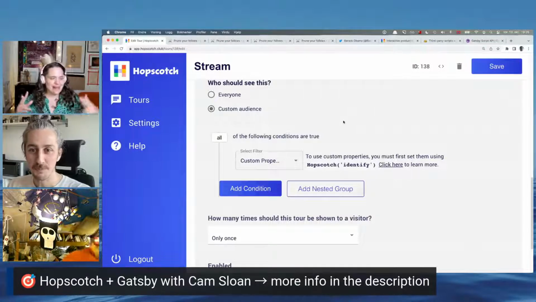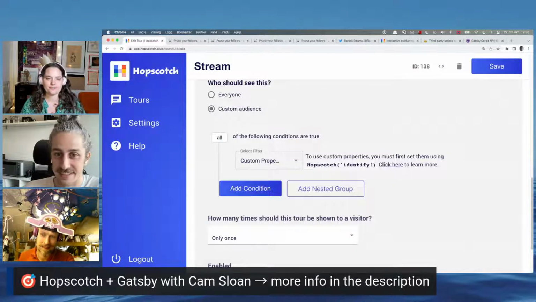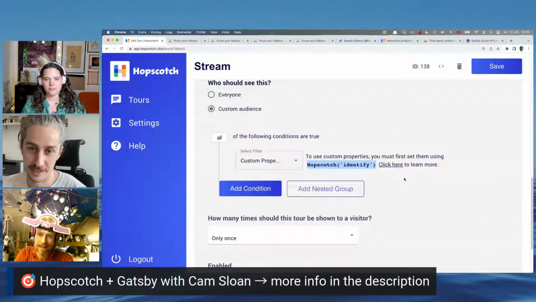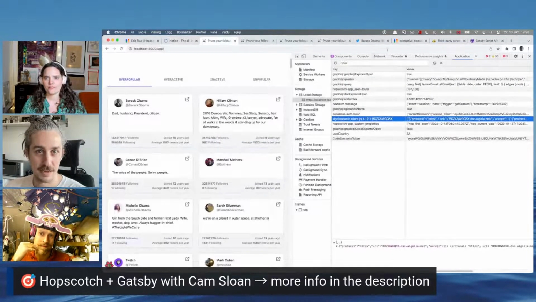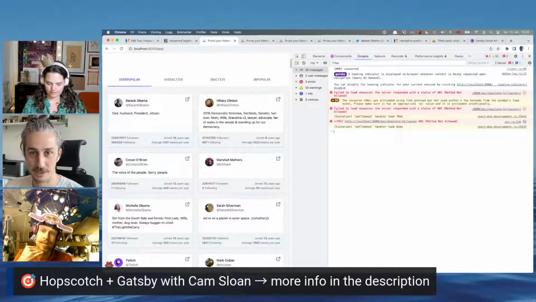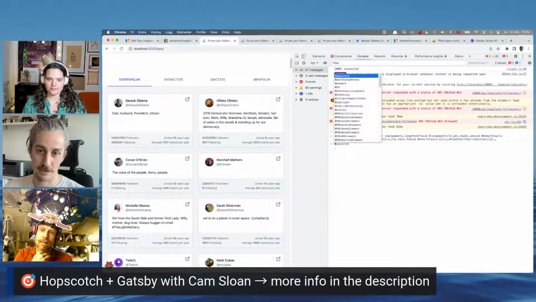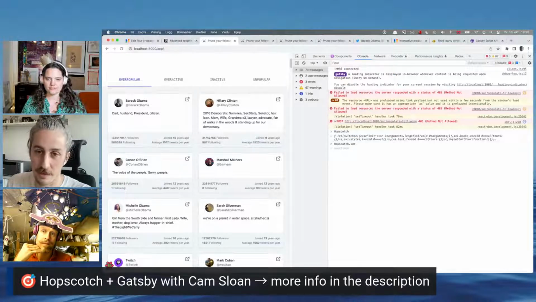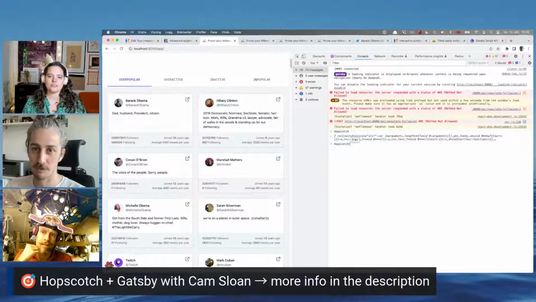Yeah, cut them out. Custom property. Oh, because then we need to use the identify. Exactly. And this is available on the window. Like we said at the start, we're initializing window.hopscotch. You can even go into the console and just do hopscotch. And then it's a function. It's not a dot, it's hopscotch the function, you call it, and then the first argument will be the string